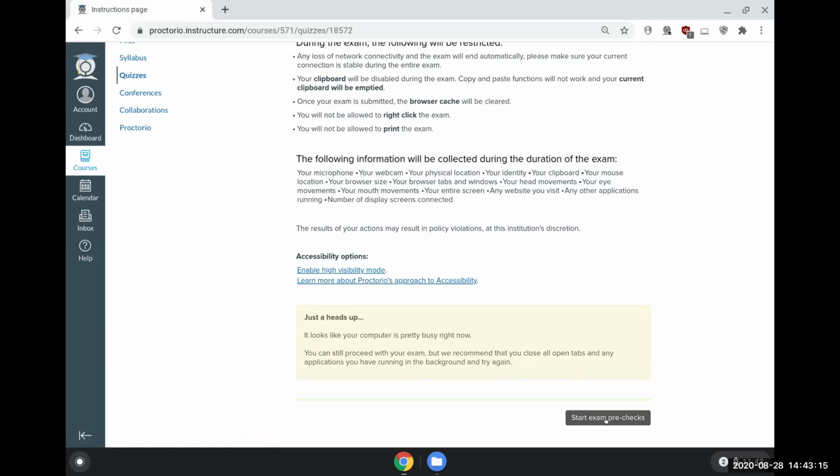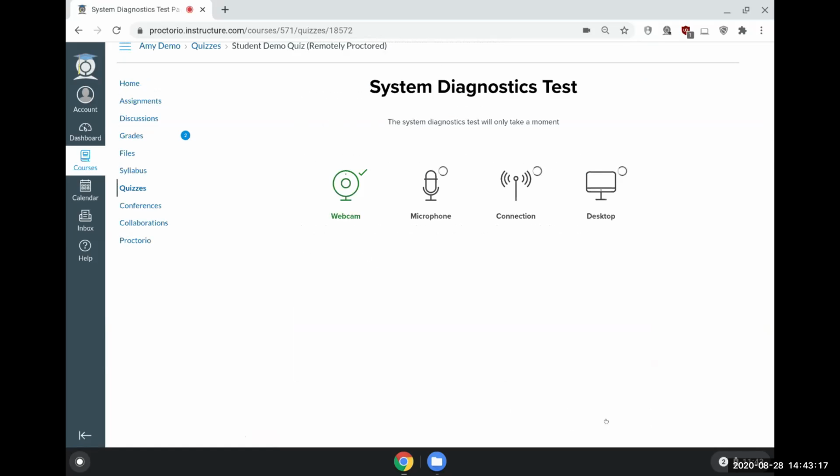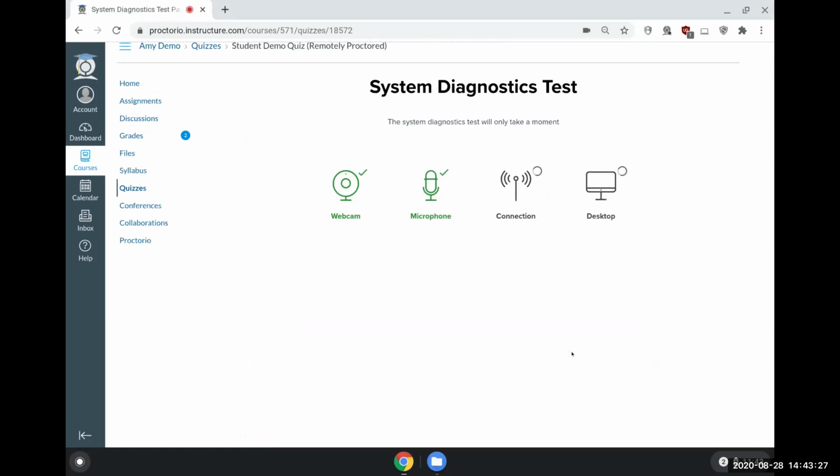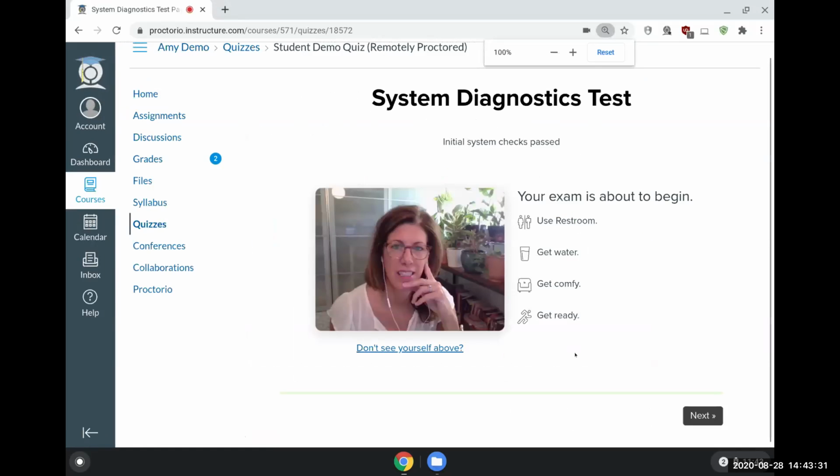So you can start the exam pre-checks. It sends you through a system diagnostics test. It asks you which screen you want to share, if you don't have to remove your other monitor, which I didn't. And then the student's going to see themselves here. This is exactly what they're going to see throughout the exam, and this is what's going to be presented to you in your recording. It gives you some friendly advice,